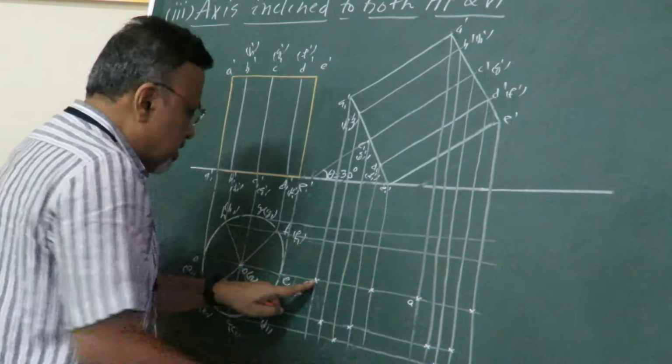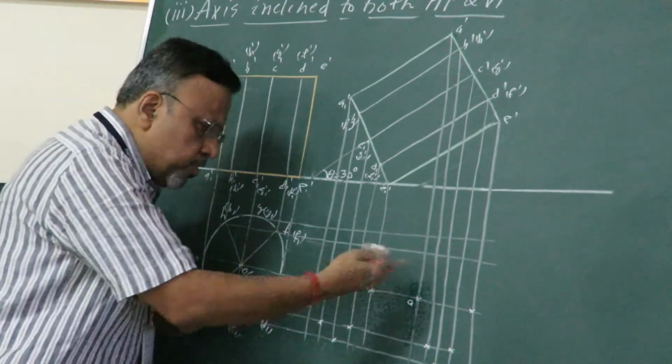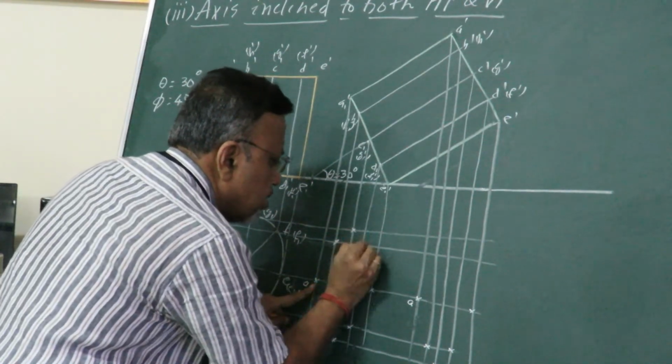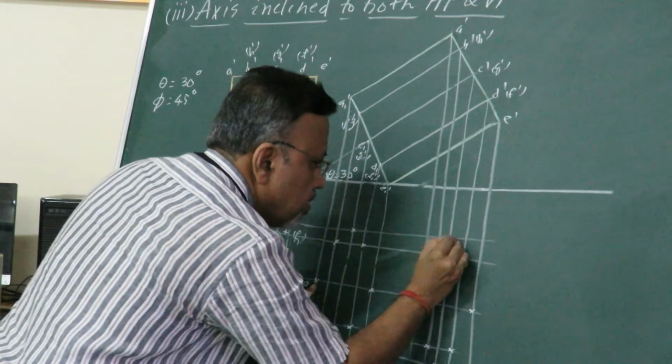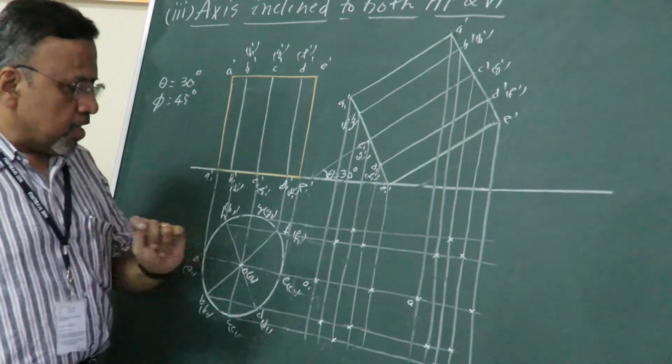Can you see this cylinder is a symmetrical object. Since it is symmetrical, you have to get symmetrical points here also. Is it okay? So I can directly mark here without looking. Can you see this? Can you just see how I marked? Okay, now I just mark the points.